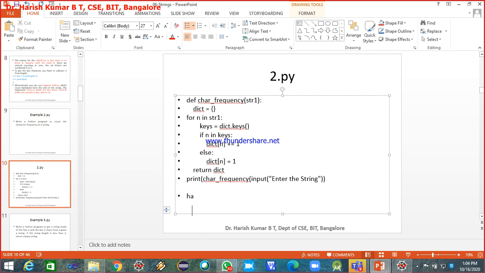So this is my string. I read this first character. Inside the dictionary I'll be storing something like this. So h, let me make it lowercase h, and its value, say for example,